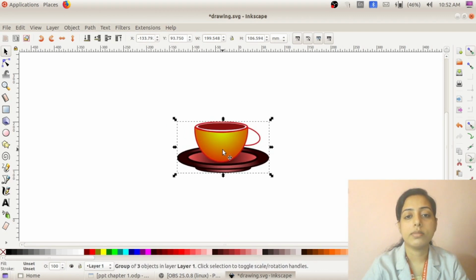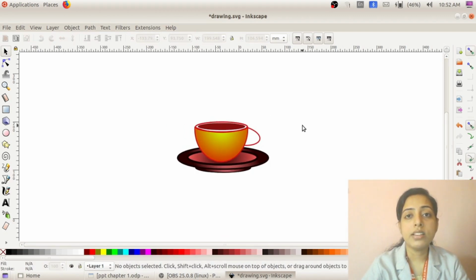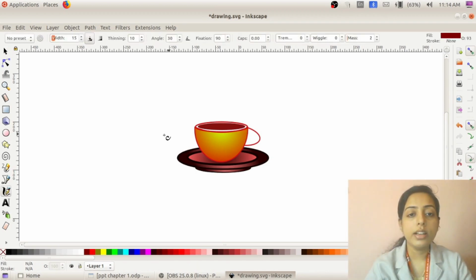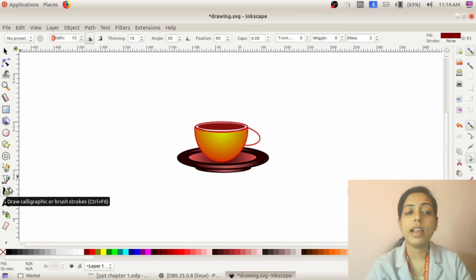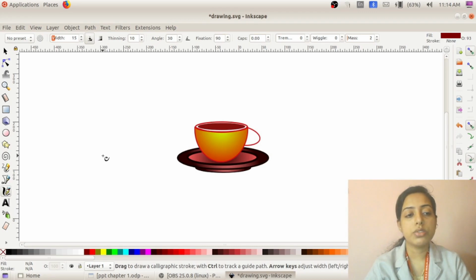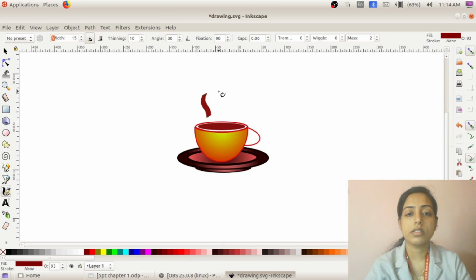into one. Okay, so the next activity is giving steaming, or providing steam, to this tea. For that we have to use one tool called the calligraphic brush tool. So this is the tool. By using this tool we can draw three steaming lines. Okay, so take this tool and select a suitable color from the color palette. Then start drawing 3 lines like this,